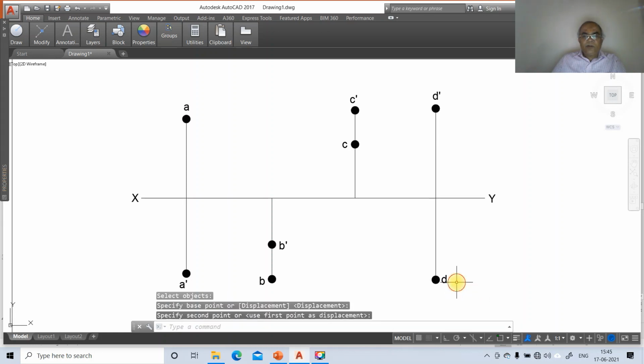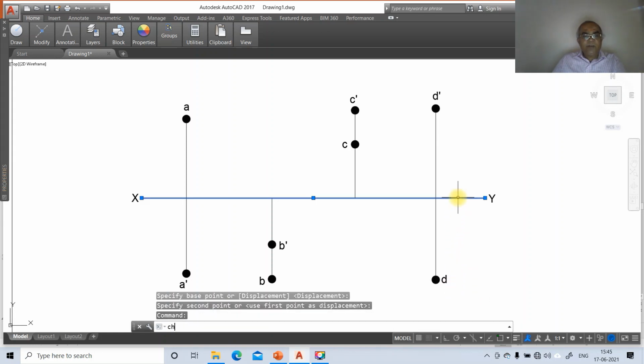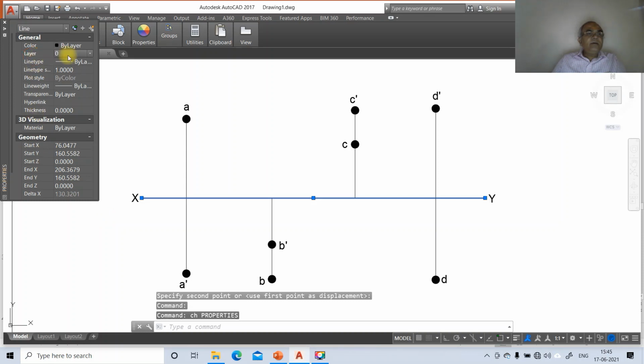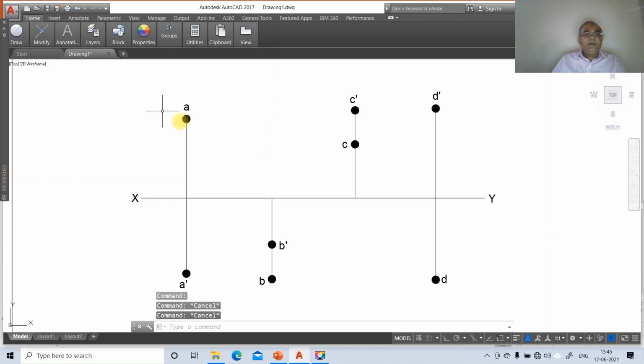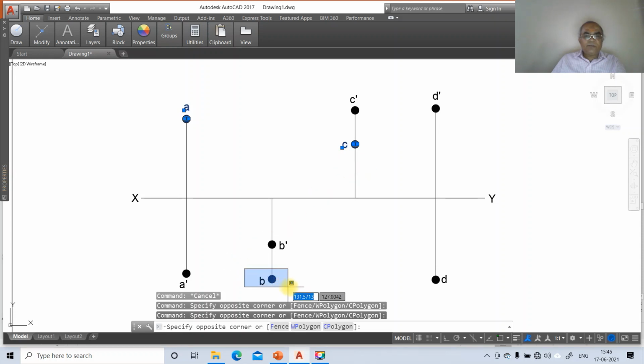So now we want to change this. So go to CH, go to layer, make this layer as XY. Then here this is the top view, and you take all the top views once, and then you take this.